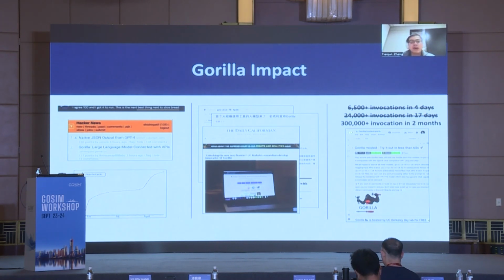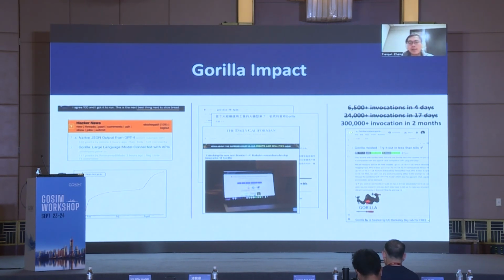On the middle line, we are covered by a lot of media. We have been covered by the Daily Californian, which is US media. We're also covered by a lot of Chinese media like Jiqi Zhixing and some other WeChat official accounts. On the right side, we have a self-hosted model running on our own servers and trying to get things working.